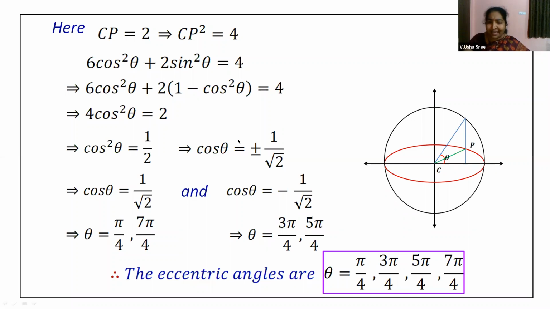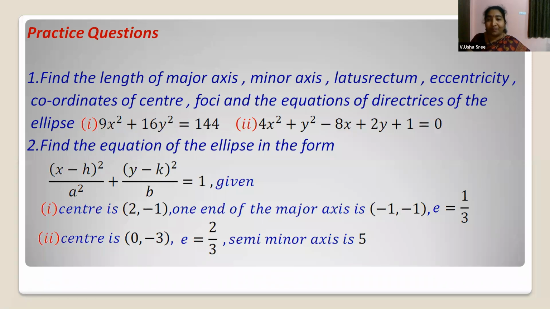Now, by this time, after doing trigonometric equations and all, you are familiar with how to get these values. Since cos theta is periodic, pi by 4 and 7 pi by 4 values will be the same, isn't it? You know this. And minus 1 by root 2, you will get when theta is equal to 3 pi by 4 and also 5 pi by 4. Right, children? Now, here are some practice questions for you.